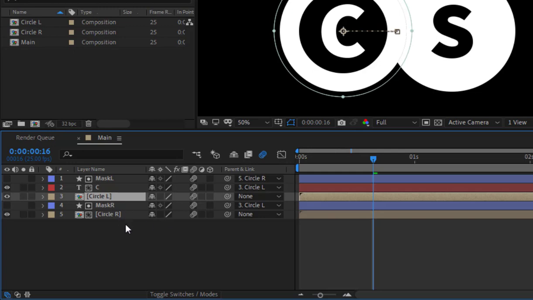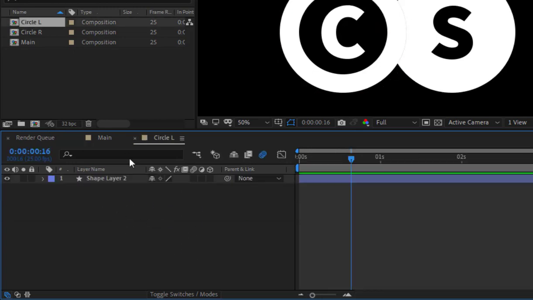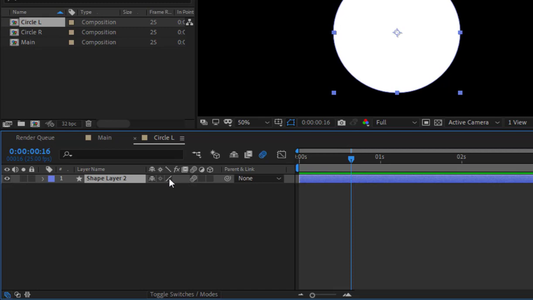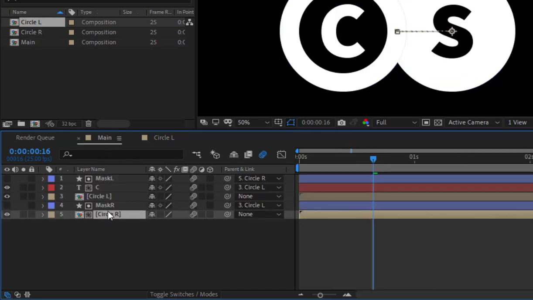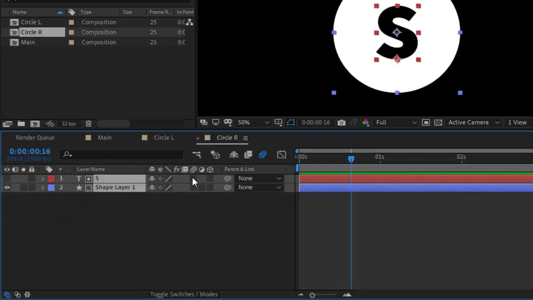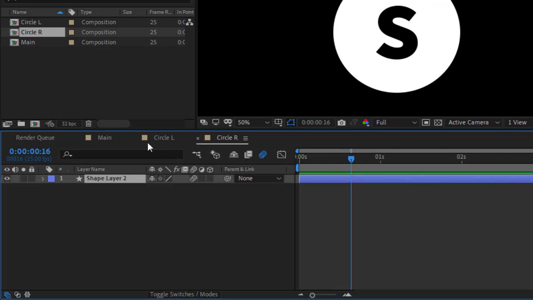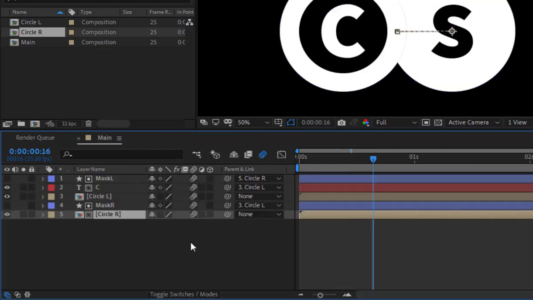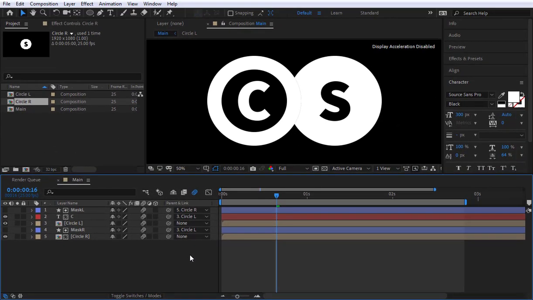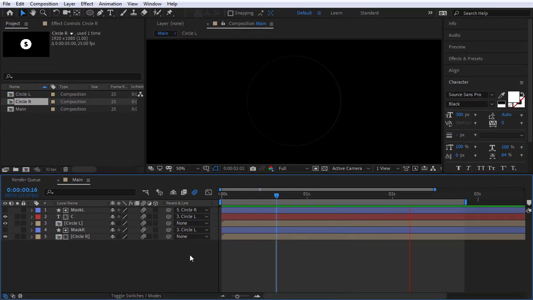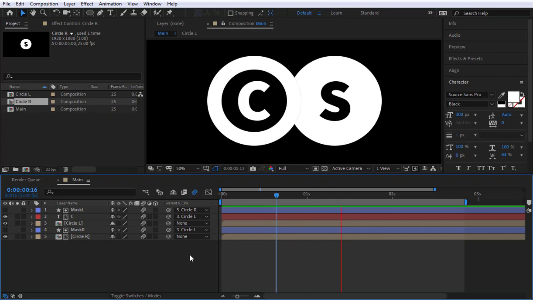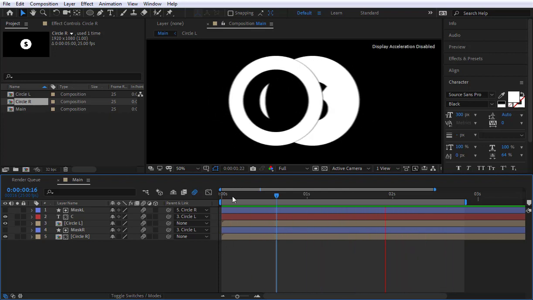Let's go ahead and go inside these precomps and do this for them as well, because I want these to be affected as well. So close this too, as well as this one. And let's go ahead and see it in motion blur. Okay guys, it even looks much better, although we got this strange